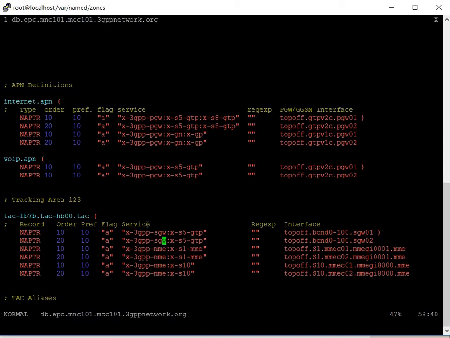So S-Gateway 1 and S-Gateway 2 can both provide the same service to the same tracking area. And the only difference really between these two records is, one, that they're talking about S-Gateway 1 versus 2, but also this order statement. And this is going to end up being priority. So priority 1, priority 2 is what this order statement is going to end up meaning for this type of